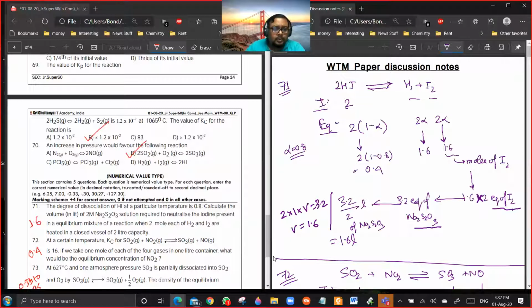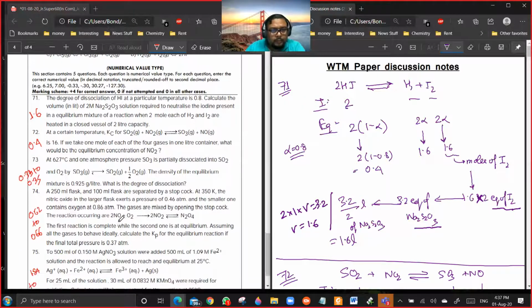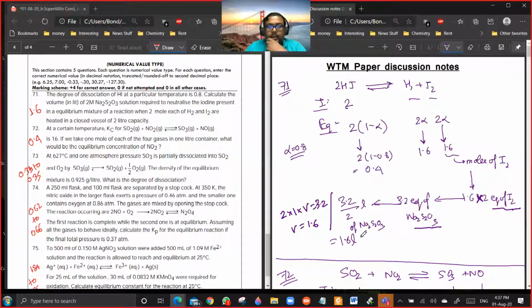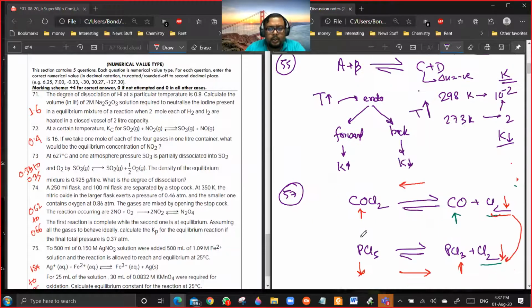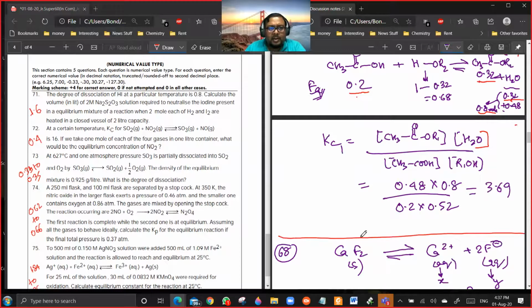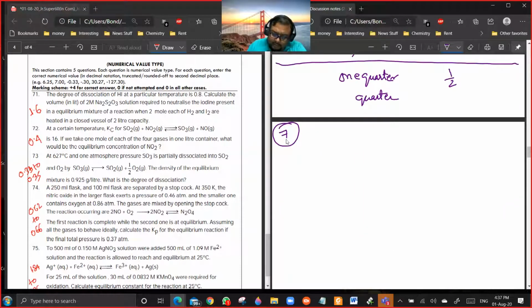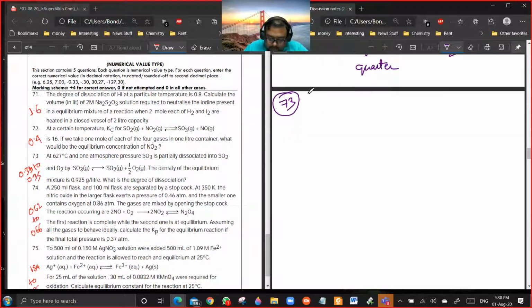After 71, 72, 73. Okay. Yes. 73. Okay, so I have to solve it because 73 I have not seen. 72 is something, I think a similar type of question I discussed in class also. Was it exactly the same question or a similar type? No, the equation was different. Okay, yeah. Okay, so let us see 73.